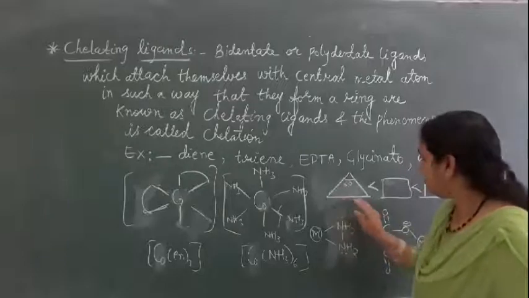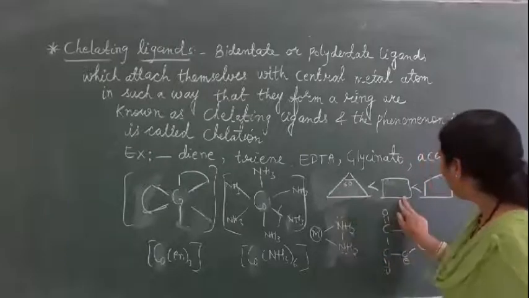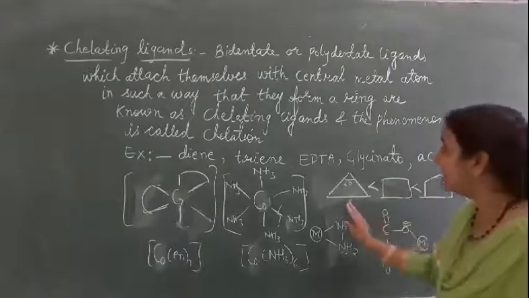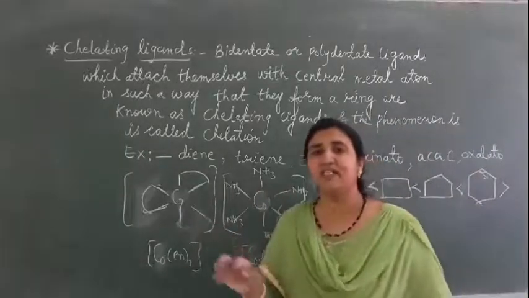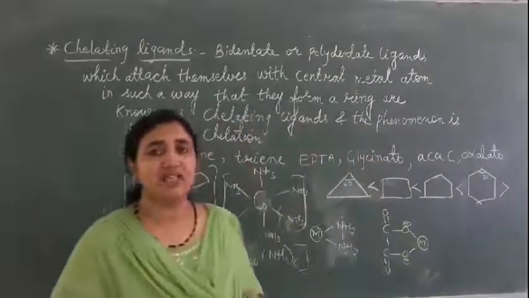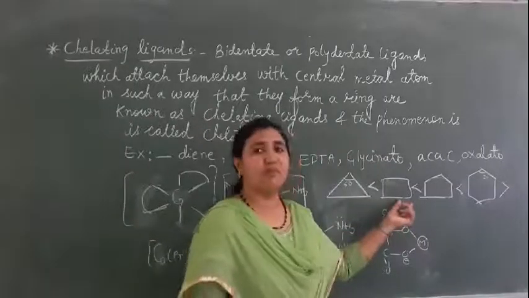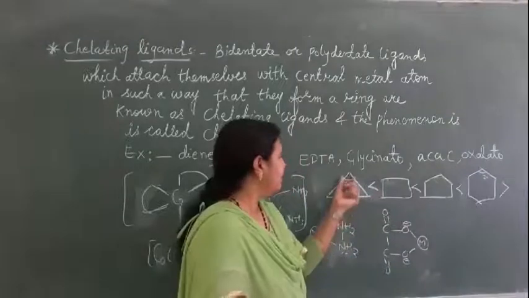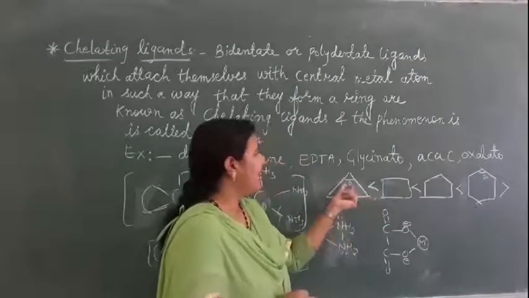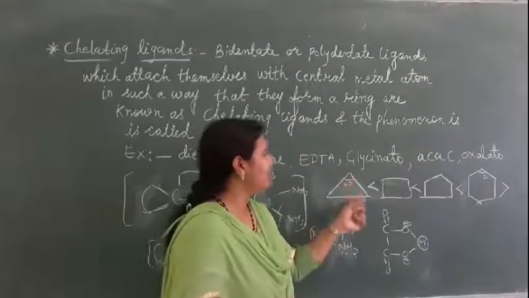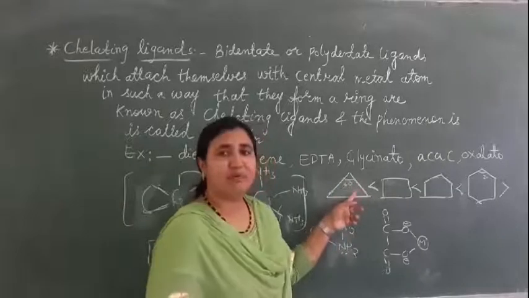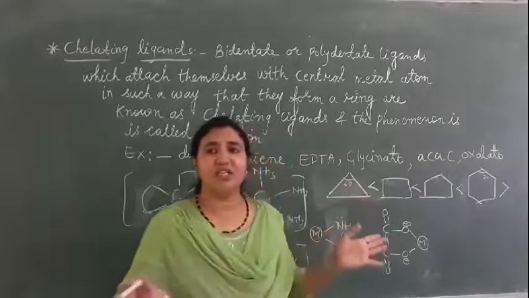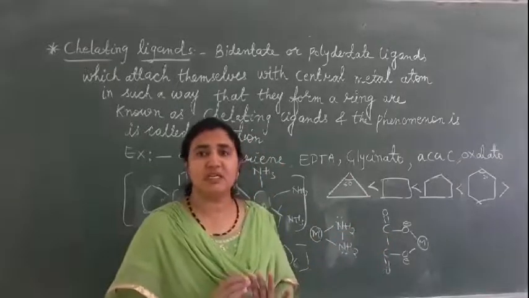This is a 3-membered ring, this is a 4-membered ring, this is a 5-membered ring, and this is a 6-membered ring. The 3-membered and 4-membered rings are not stable, they are unstable. The 5-membered ring is stable. In a 3-membered ring, the angle is 60 degrees. That's why the strain will be more here. Strain being more means they are close to each other and there will be repulsion, so stability decreases.